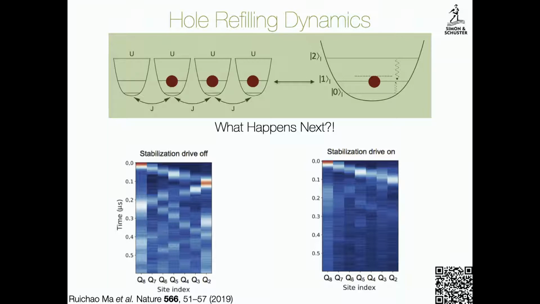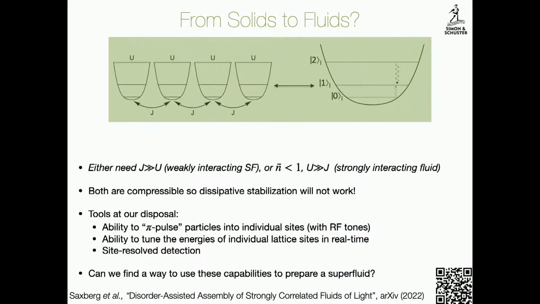this works beautifully. We think these ideas could also work for stabilizing sort of any incompressible phase of matter. But what I'd like to tell you about briefly is how one might stabilize a fluid, or how we did stabilize a fluid, how we built a fluid. So the challenge here is that you can't stabilize a compressible phase of matter with this technique, because then each photon costs slightly more energy than the last to put in. There's no sharp gap where it starts to cost a bunch more energy and this filling site will